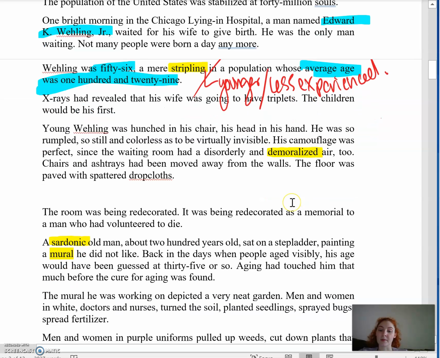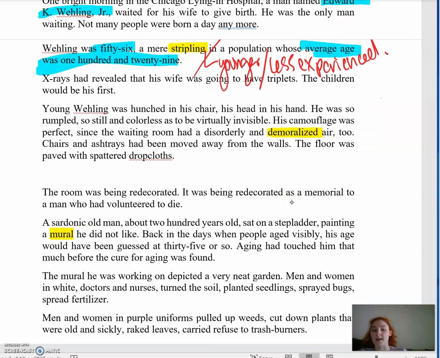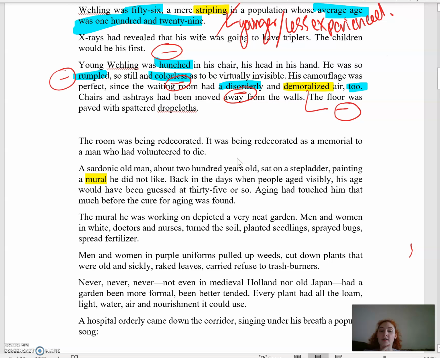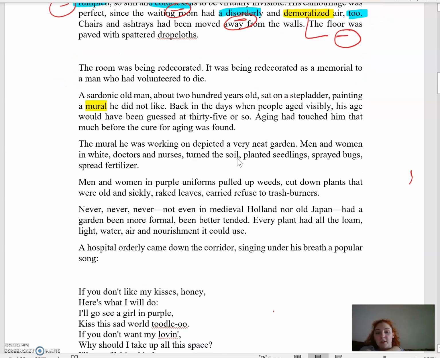And you can see that the next word I'm going to ask you to do that to is demoralized. So go ahead and pause me, and on your CFUs over here, you should decide what the best definition for demoralized is. See you in a second. Welcome back, and you can see how I annotated for tone here to help me find the definition of the word demoralized. The next word that I really want you to focus on understanding is what is a mural. So go and answer your CFU question about what a mural is.